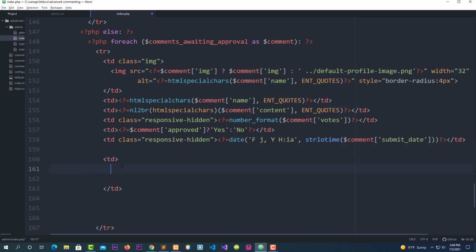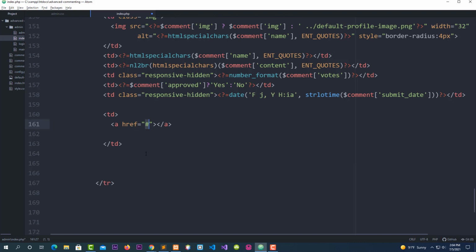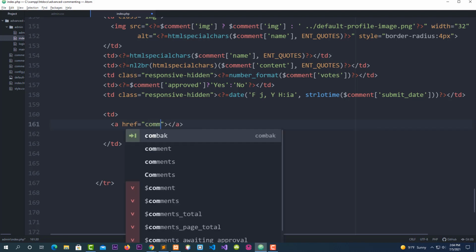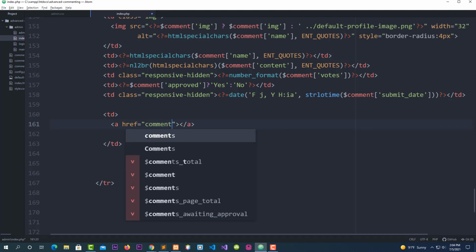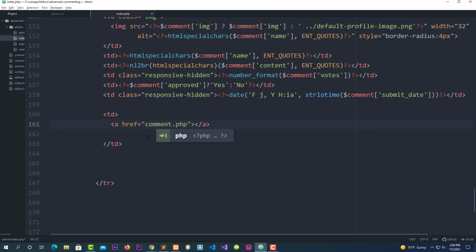Put it like this. Okay, here I'm going to create an anchor tag. Let me scroll up. Create an anchor tag. I'm going to call it comment.php. This is this file. Okay, I will create this file in the future later. Now I got comment.php, and after that I want you to put a question mark and put ID